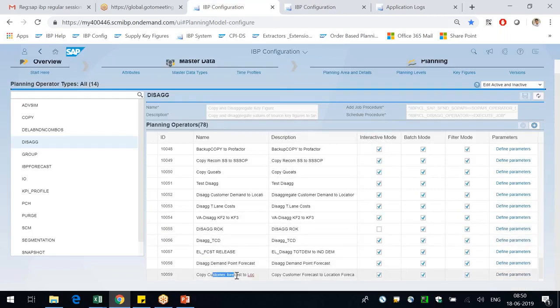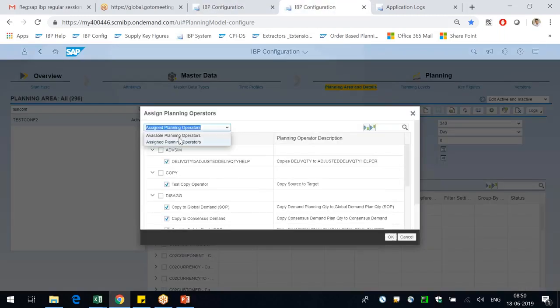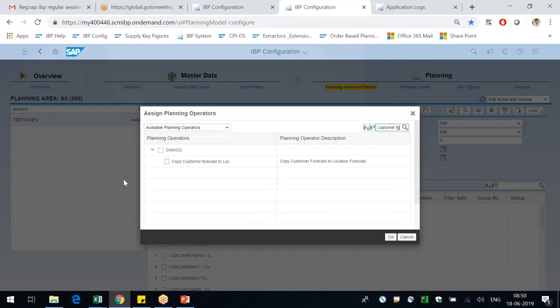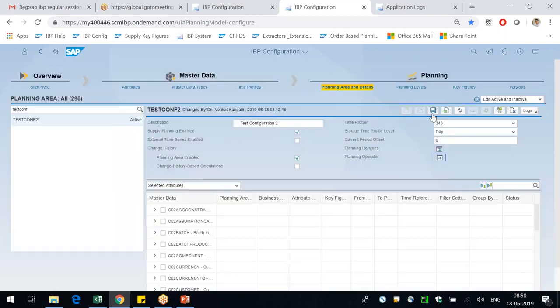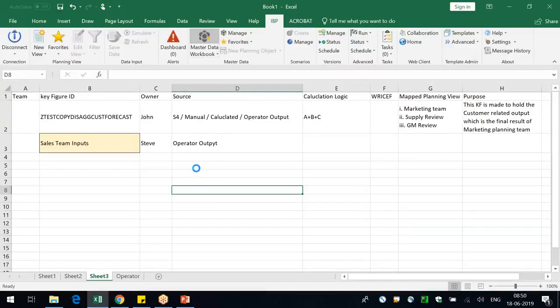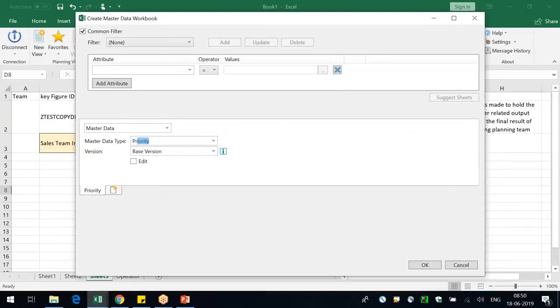What is the name that I gave? Copy cust forecast. This is the operator that I'm extending. Click on OK. Save it. Okay, so now let me just see whether I have the products and